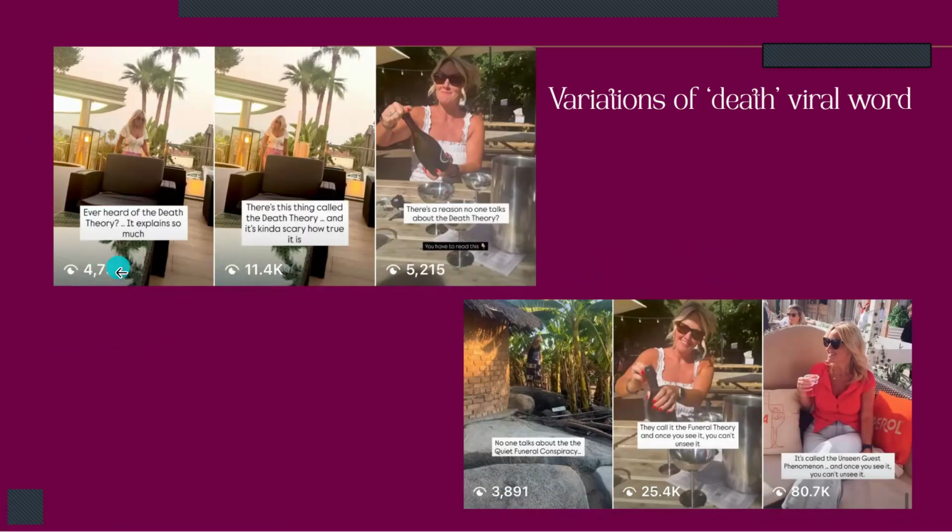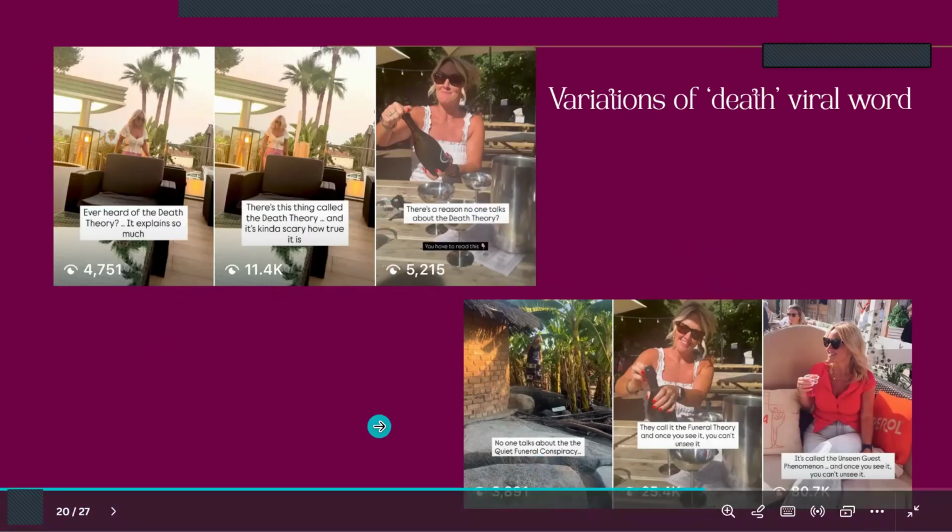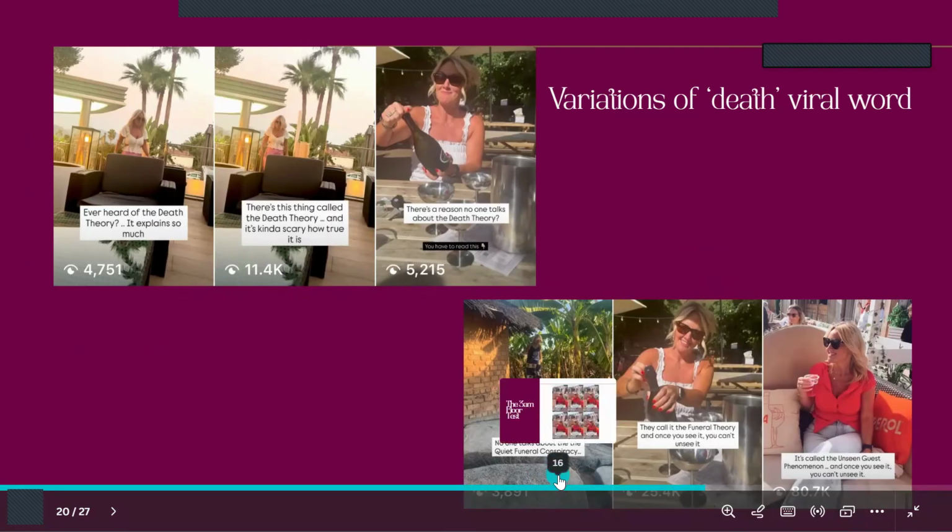And again, this is showing you not every single one takes off in the exact same way. So my theory here was literally called the death theory. Sounds just awful, doesn't it? But I've just used three of those different ones out of the 10 caption models, copied and pasted them onto each. The caption is exactly the same, and you can see the difference. This is the best one out of those, and then these ones are just three different versions.